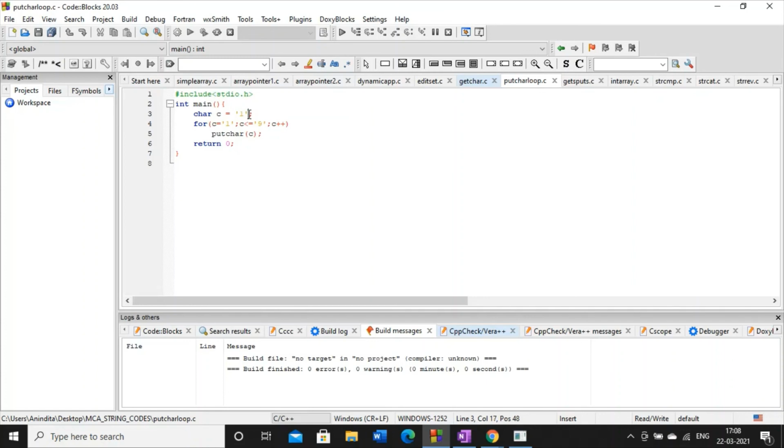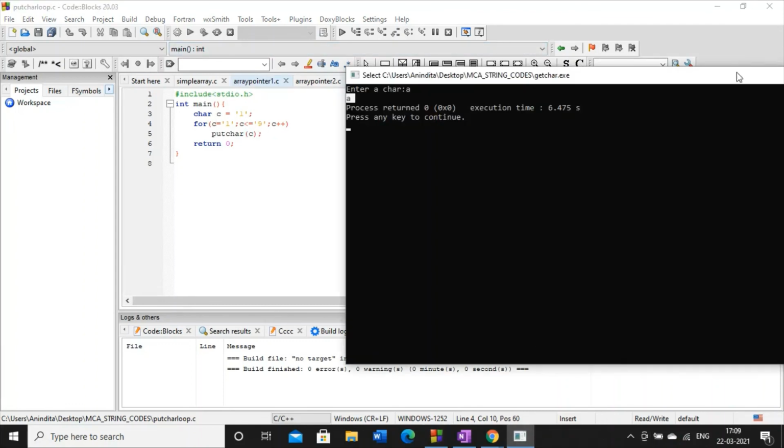Here I have used single quotes, and within them I have written one integer, that is 1. But since 1 is in single quotes, it is treated like a character. And I started the initial value from 1 and continue this loop up to 9, and I have enclosed my 9 within single quotes. It means 9 is also a character, and each time I am incrementing this value by 1, and then I am printing the value of this iterator. First see the code, then I will justify some of the points.